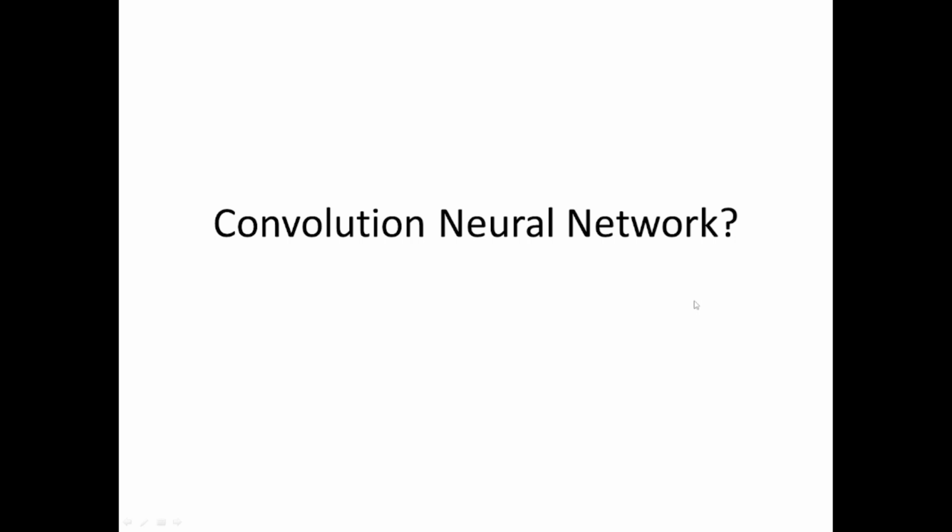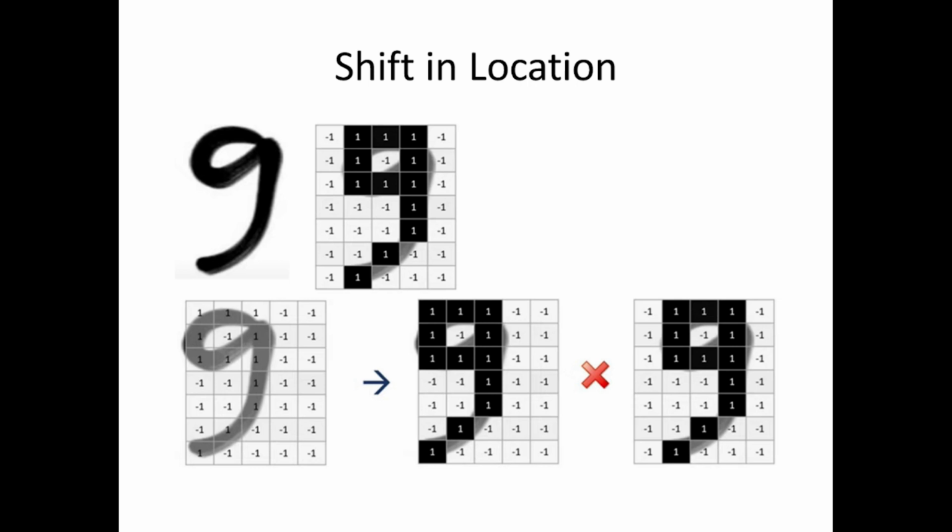So good morning everybody, and today I'm going to discuss the basic concept of convolutional neural network, that is CNN, which is popularly used for image analysis, and it can also be used for other data analysis and classification problems. And I'm going to explain the concept of CNN without using mathematics so that it can be easily understood by everybody. So assume a computer needs to recognize a handwritten number 9, which looks